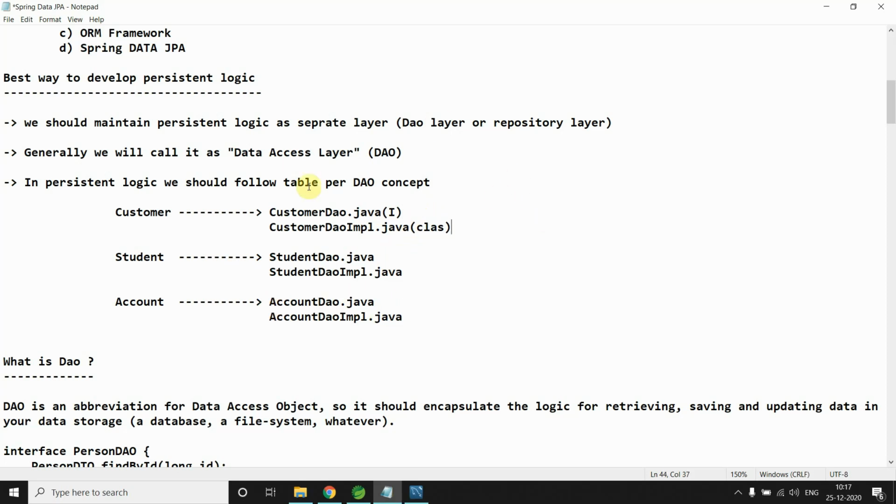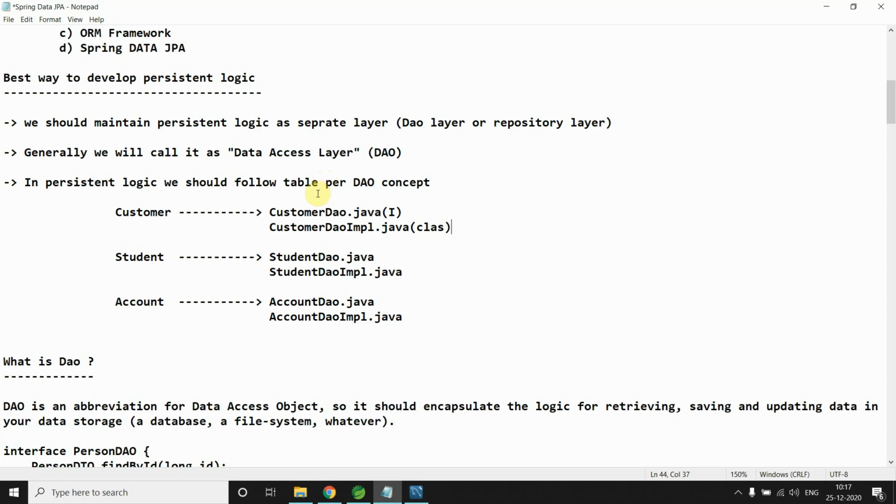In general terms, we make one interface for each, with methods defined inside like save, update, delete, and after that we give the implementation. This is the general flow of a project, right?